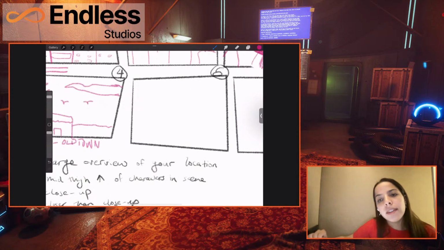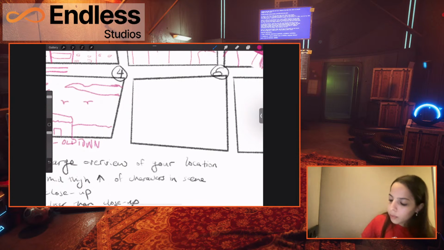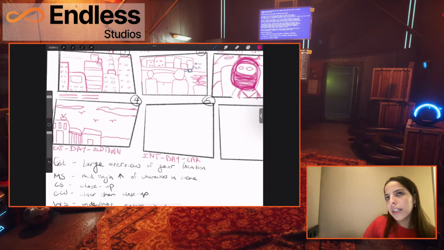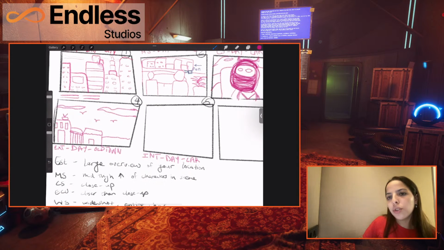Now I kind of want the scene to come back and slow down a bit. So I'm going to move this inside. So this is going to be interior. Again, still day. And now it's going to be back to the car again. When you're switching between interior and exterior, you want to make sure you're switching at a pace that represents what you want to show.